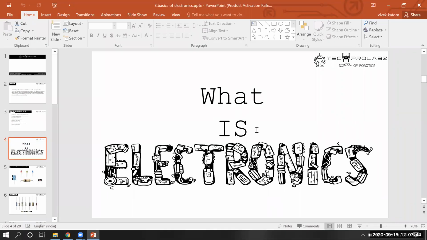So what is electronics? See, there are actually two terms in the world of electricity. We often hear about electronics and electrical, right?